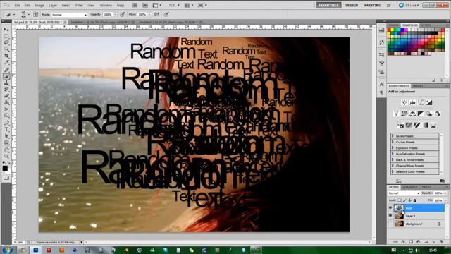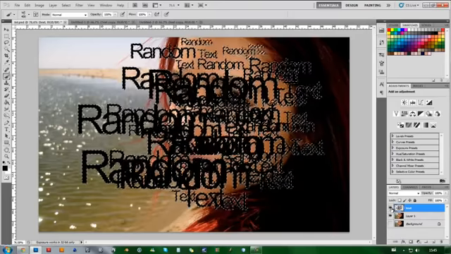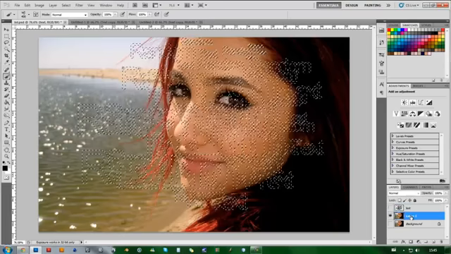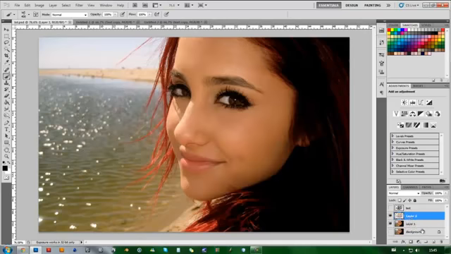I'm going to hover over the thumbnail, hold Control, and click. These marching ants will appear. So then, I'm going to turn off the text layer, go back onto the picture, and press Control and J. Nothing happened. That's because